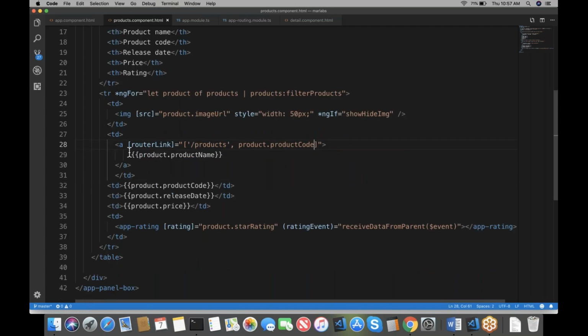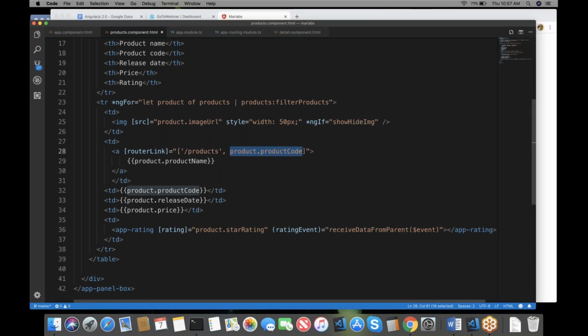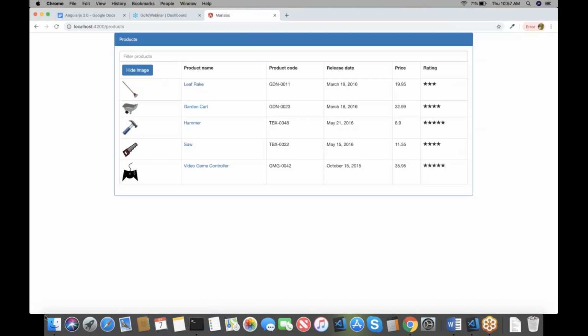So the way that you specify, as I said, instead of using href, you use this property binding, and you specify the URL pattern, followed by, if you have any parameter, you can specify the parameters as the second item. And if you have 3 parameters, you can give all 3 parameters comma separated. So if I now go here, and if I save, you can see this URL right over here at the bottom left. If I hover on this, you see this URL that's product / the product code. And if I hover on a different one, you can see the product code is actually changing for each and every product. So now when I click on this, from the list page, I was able to navigate to the